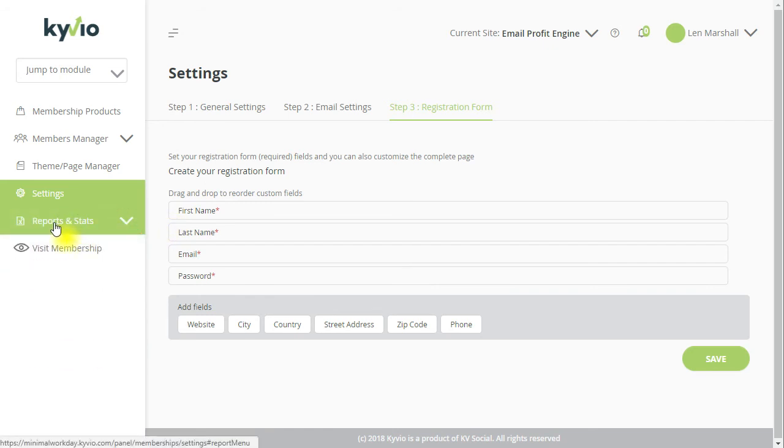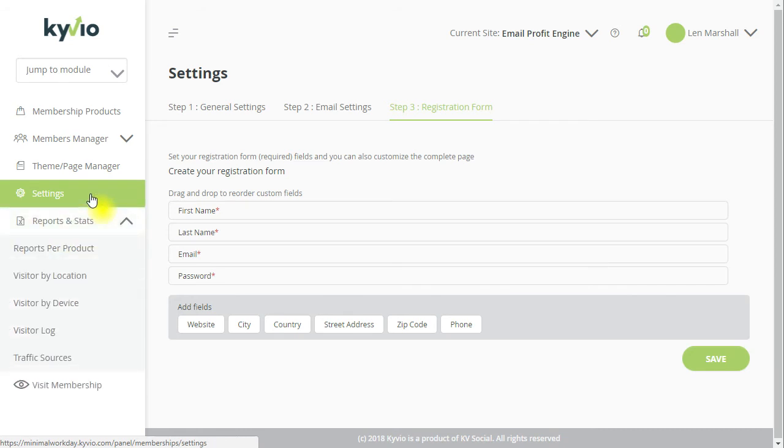And finally, we have some reports and stats. This stuff is coming. The team at Kyvio are working really hard right now to make sure they're compliant with the EU's deadline for the GDPR, and that's sort of changed a lot on the web. There's a lot of responsibility both between Kyvio and us as users and sellers. So, you know, there's a lot going on there, but the reporting is going to be fantastic. I don't have the affiliate management,